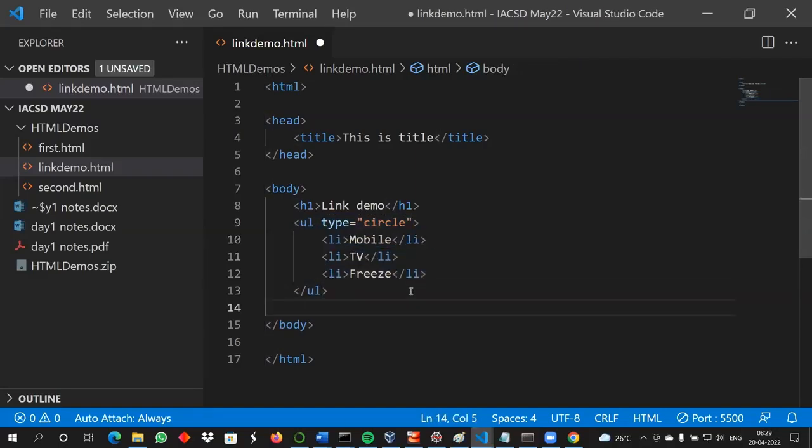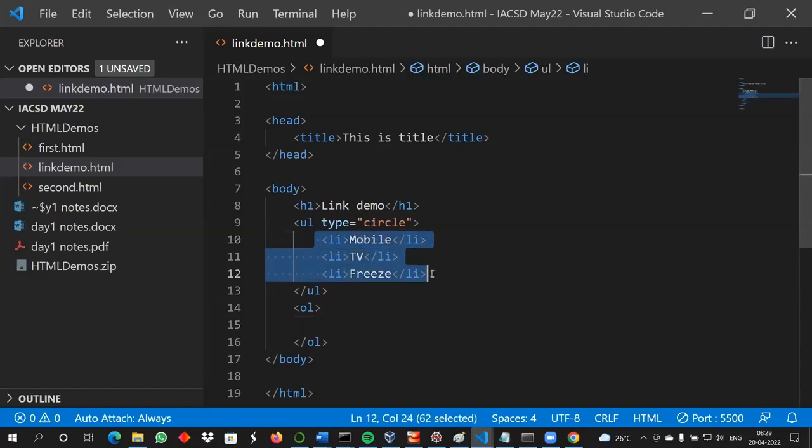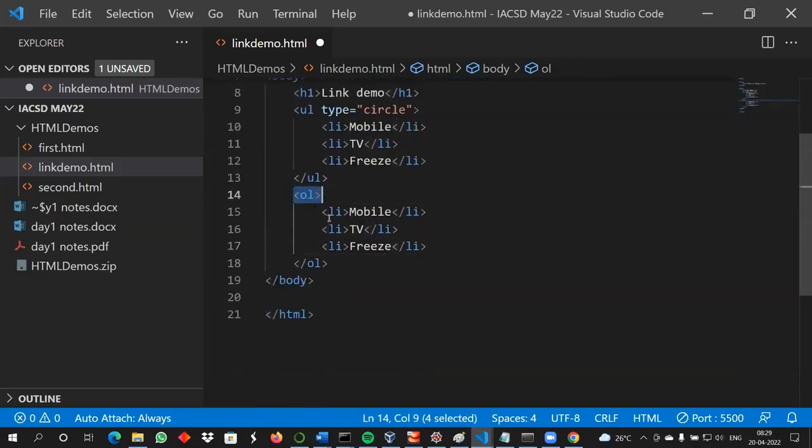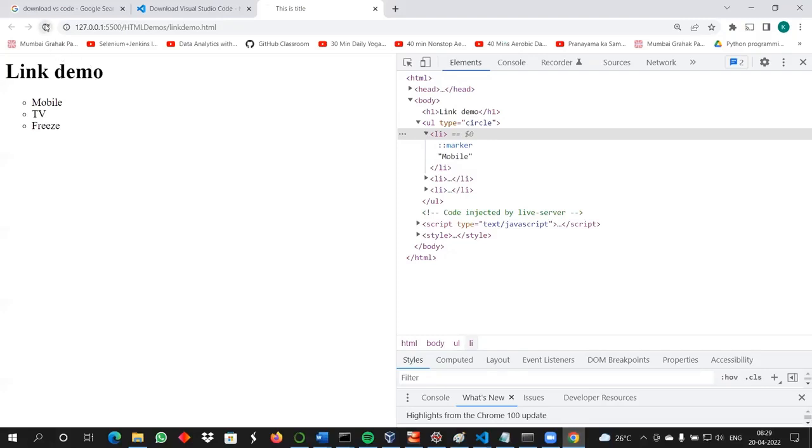Now this is an unordered list. If you want to display an ordered list, then you will have to use OL. And inside OL also you can write these li tags. So now if I'm using the same li tags over here, then it will show me an ordered list in which numbering will be there. So now if you refresh this particular page,